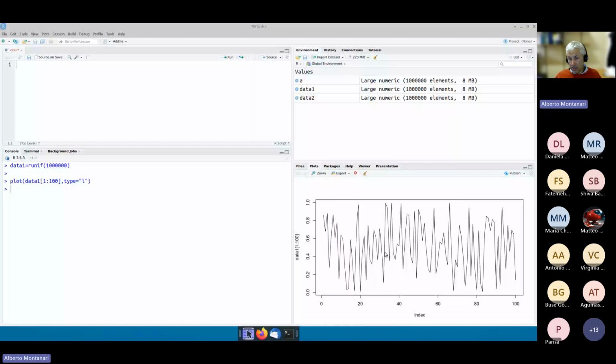You see the plot. This is a random number that I generated with R. It's a random number that is between 0 and 1. And then I said, if I try to estimate the probability of this continuous variable, like I did for